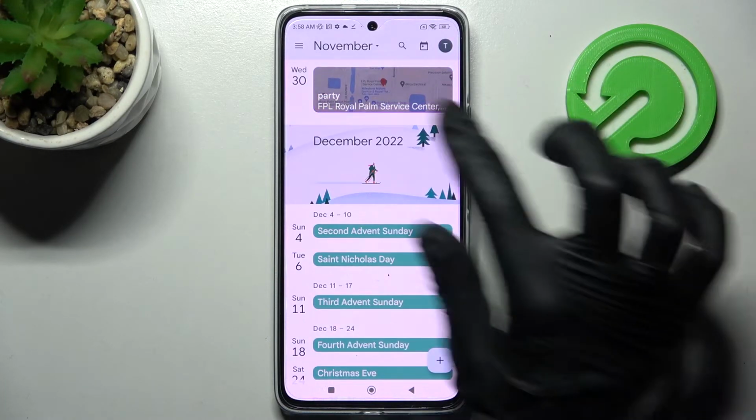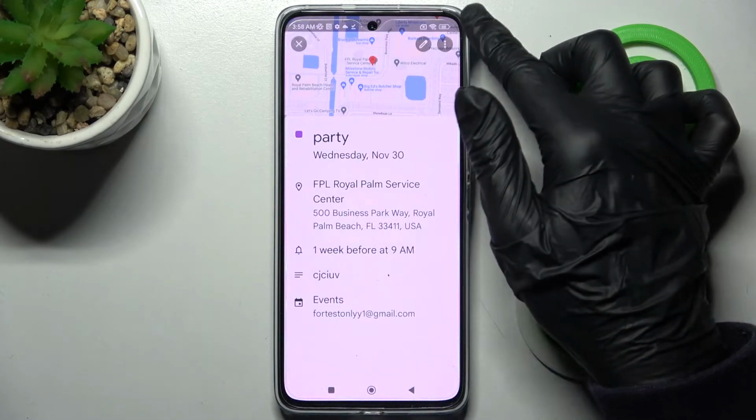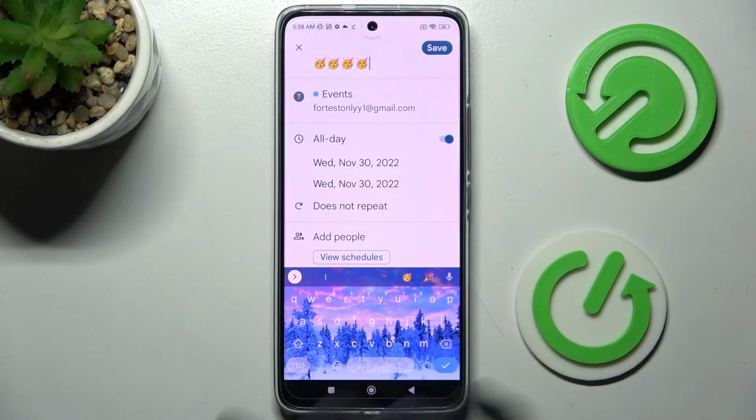As you can see, mine is over here. If you wish to edit it, tap on it, click on this pen icon at the top right corner and make your changes. Then you can discard them by clicking on the top left one, or save them by choosing